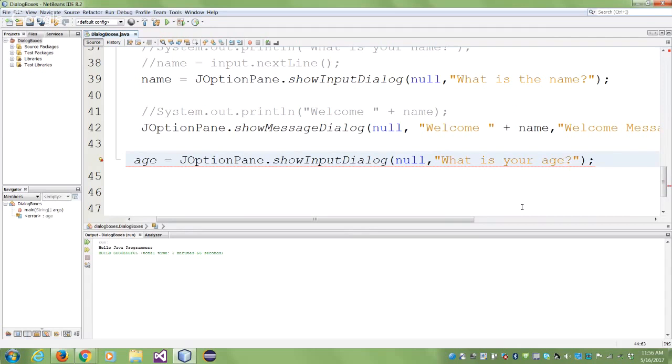No. But what can I do to that string to put it in an int variable? Is there something that is available? Are you aware of methods or classes that are available that allow you this interchange? Parse int, okay. Which class does it belong to? Int. Yeah. Okay, try that. So use the parseInt method of the Integer class to convert what the user has given, assuming he will give a